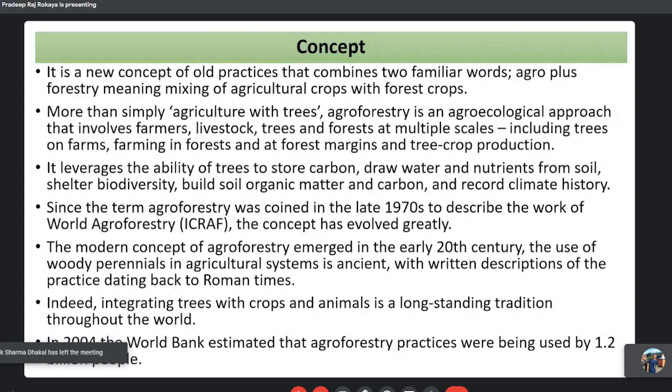It leverages the ability of trees to store carbon, draw water and nutrients from soil, shelter biodiversity, build soil organic matter and carbon, and record climate history. Since the term agroforestry was coined in the late 1970s, as I have told in the history of agroforestry,